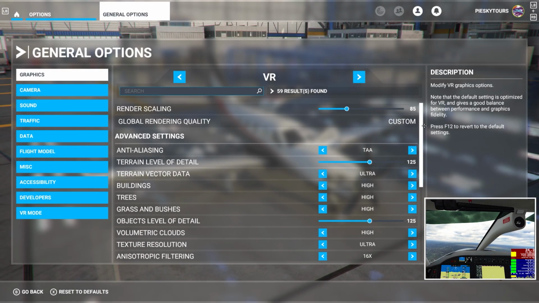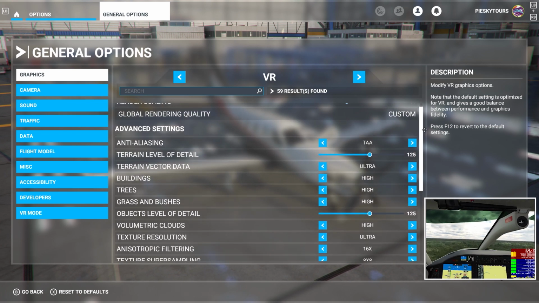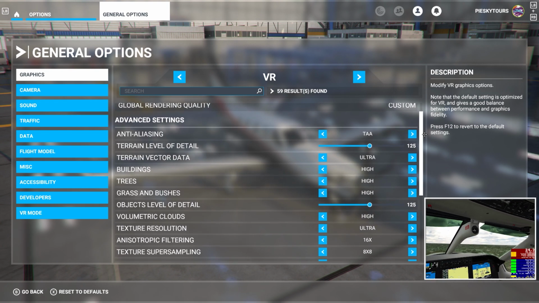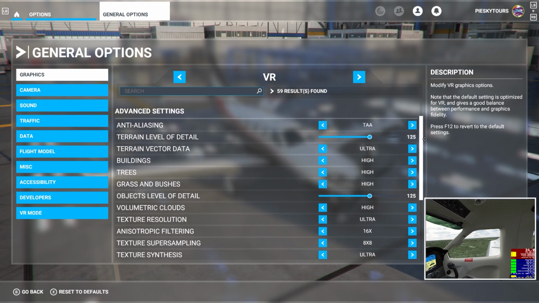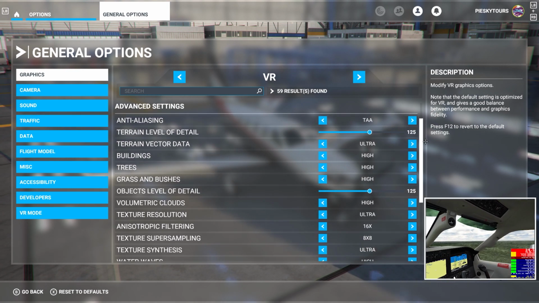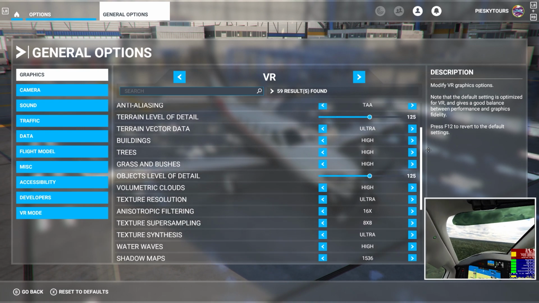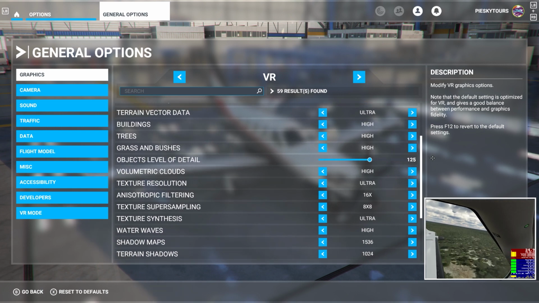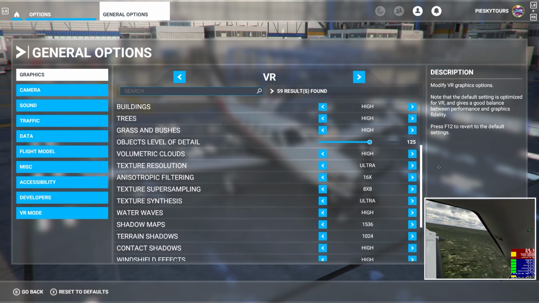Here you can see I've got the render scaling set at 85, I've got the anti-aliasing set at TAA, terrain level of detail I've pushed up to 125, terrain vector data is set to ultra, buildings is set to high, trees set to high, grass and bushes set to high, objects level of detail set at 125, volumetric cloud set at high, text resolution set at ultra, anisotropic filtering set at 16 times, texture supersampling set at 8x8, texture synthesis